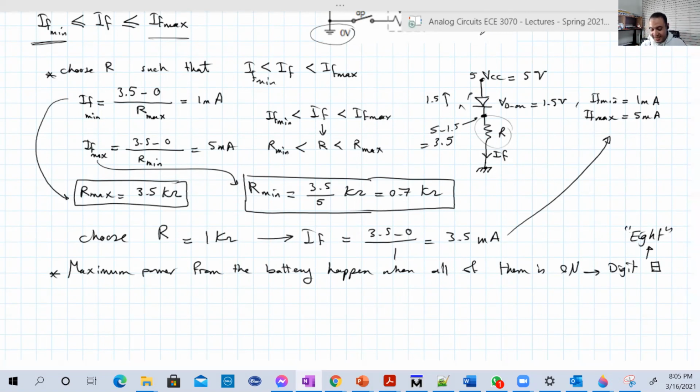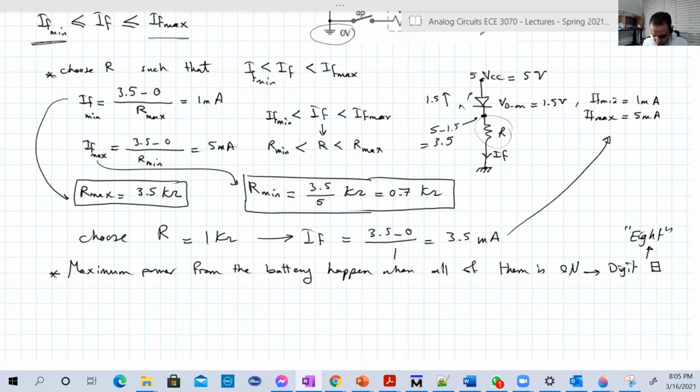To determine the maximum power, you just need to know the current flowing in each diode, then multiply and then add them together. You will have 7 multiplied by whatever current is, and this will be the current that goes out of the battery. To determine the power of the battery at that time, it will be 8 multiplied by